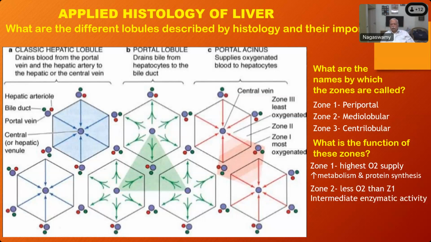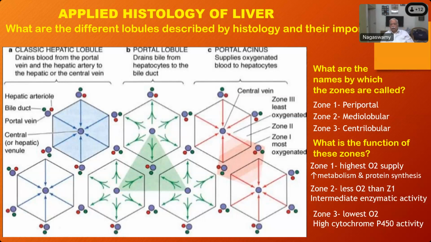Zone 2 receives less oxygen than zone 1, and here it is mainly intermediate enzymatic activity. It does not involve itself in metabolic activity, but it is involved in enzymatic activity. And zone 3 has the lowest oxygen supply, but the highest cytochrome P450 activity, which means all the enzymatic activity like oxidation, reduction, hydroxylation, the phase 1 and phase 2 reactions,